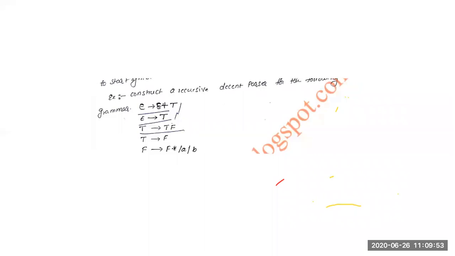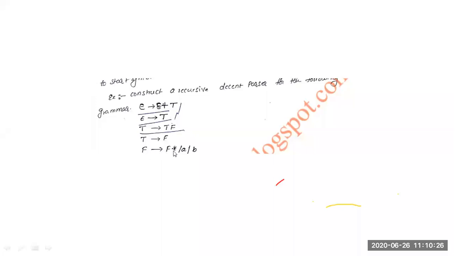Note down this grammar first. Does everyone have pen and paper? Give some reply. You are noting down this grammar: E is equal to E plus T, E implies T, T is equal to